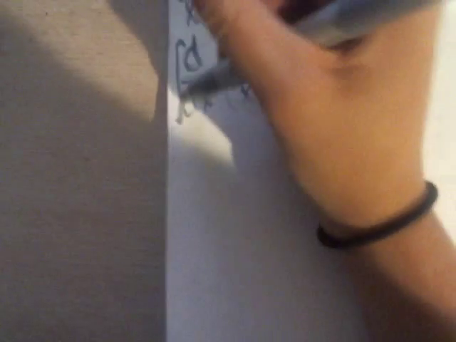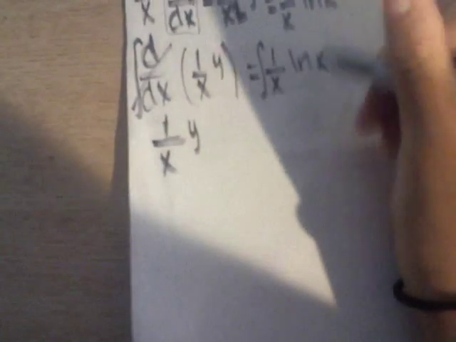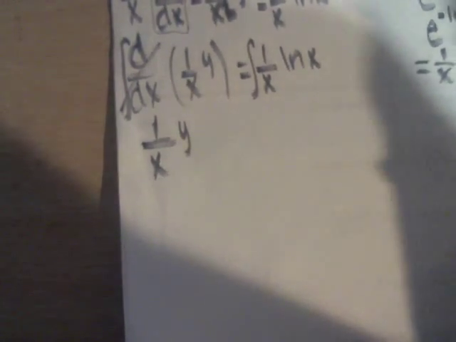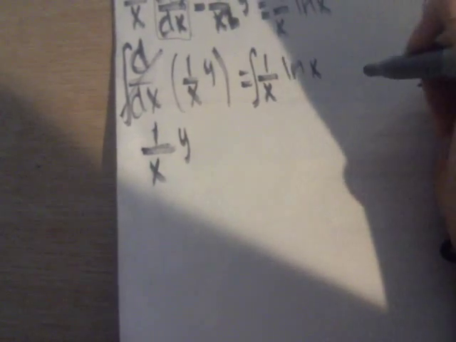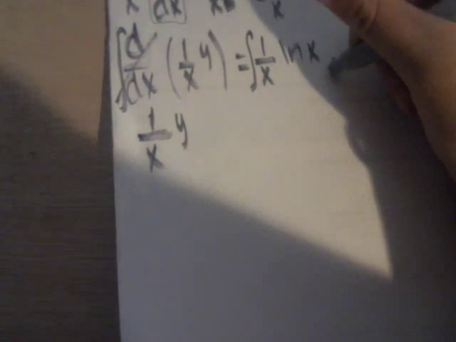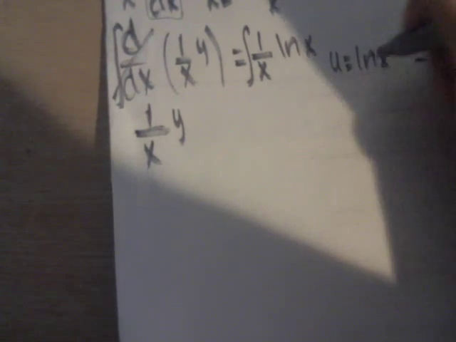And another good thing about having this here is taking the integral of a derivative. They both cancel each other out. So you're left with 1 over x times y. And then you just have to take the integral of whatever is on this side. In this case, we're going to use u substitution to take this integral. We're going to set u equal to ln of x, and du will equal 1 over x dx. That makes our integral, I'll move it down here, the integral of u du,